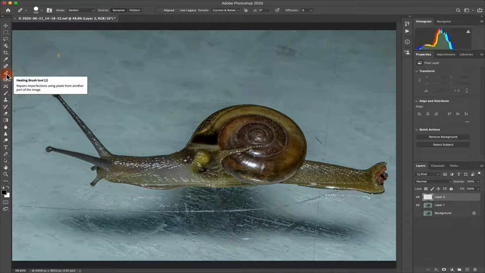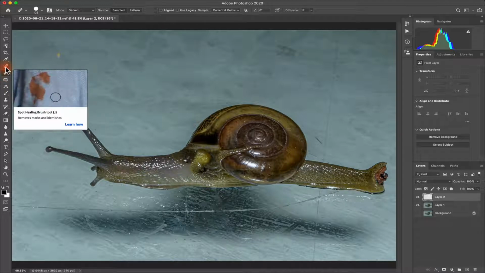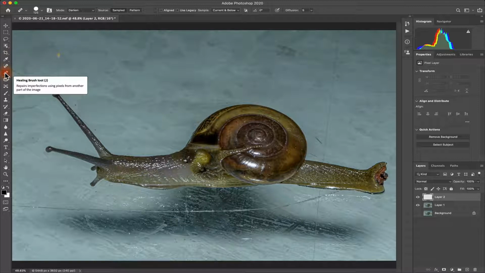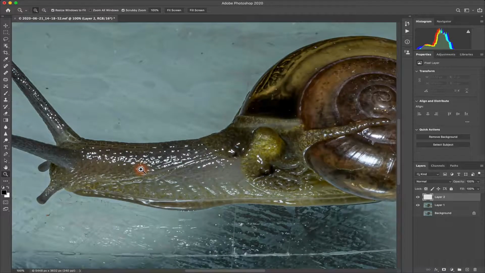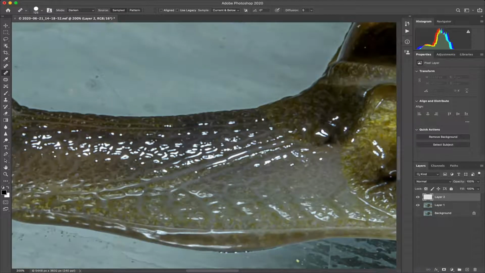We select the healing brush tool, not the spot healing brush, healing brush tool, and let's just zoom in onto the bright parts. Now for this brush, I have set the mode to darken.